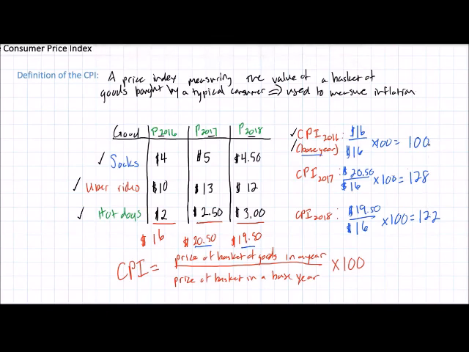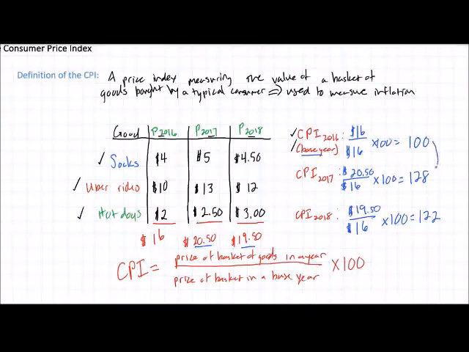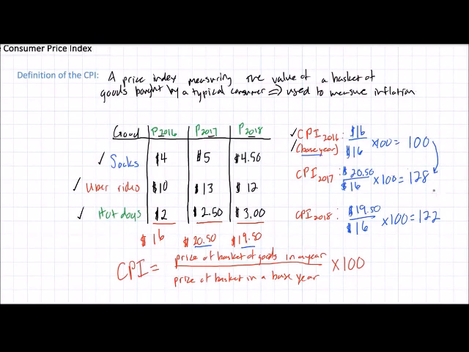So now we have our CPIs for each of the years. Notice that the CPI increases between 2016 and 2017, and then the CPI decreases between 2017 and 2018. In our next video, we'll use these consumer price indexes to calculate the level of inflation or